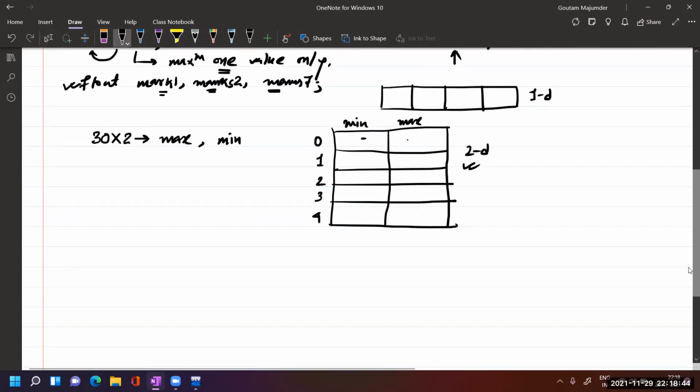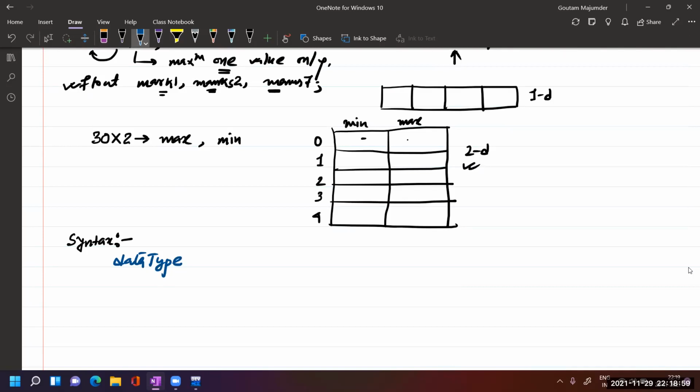So how to declare a 1D array, the syntax. To declare a 1D array, here it is, note down: data type, name, and within the square brackets, we have to mention the size of the array.